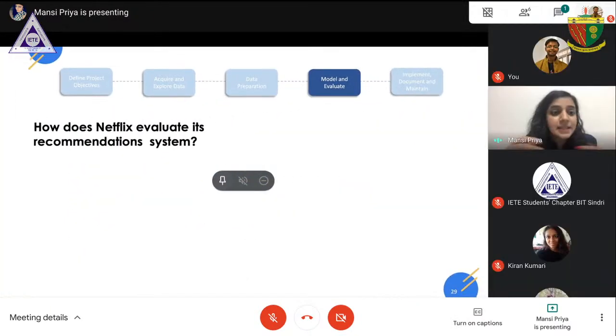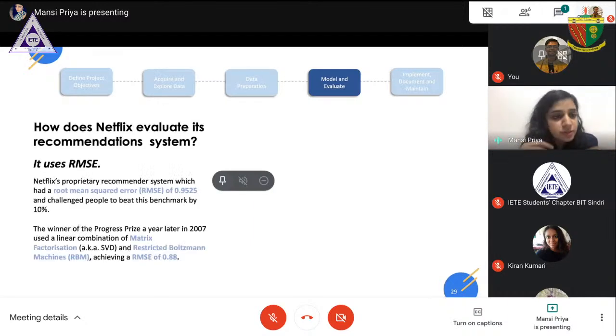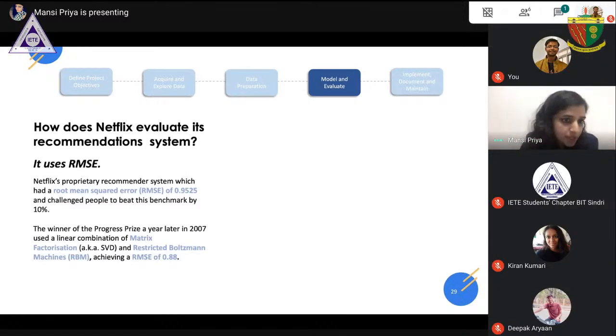So how do you think Netflix evaluates its recommendation system? For that, it uses RMSE. Netflix actually made a model that had an RMSE value of 0.9525. For your information, an RMSE value of 0 is the best value that can be achieved. In that particular competition that I talked about in the very beginning of this life cycle discussion,